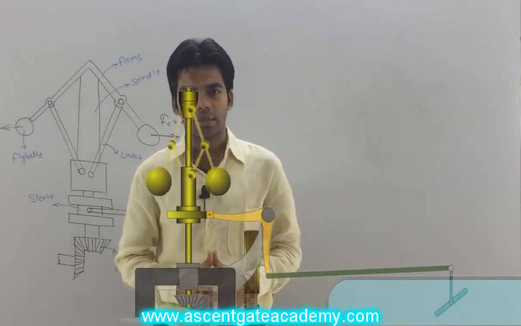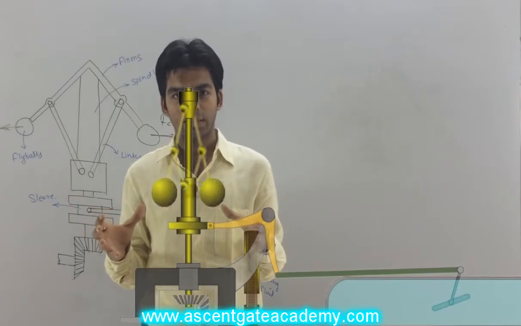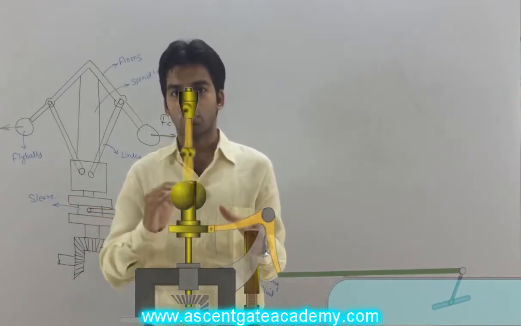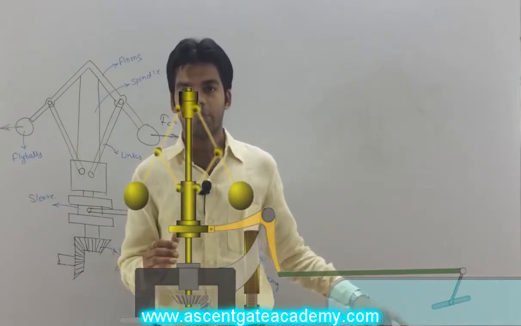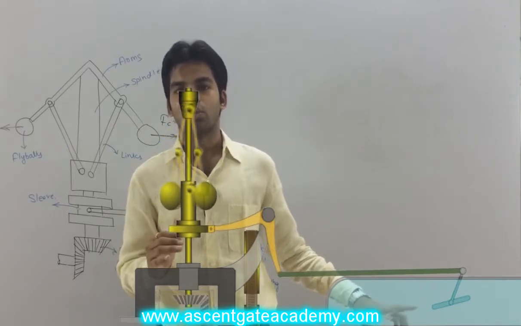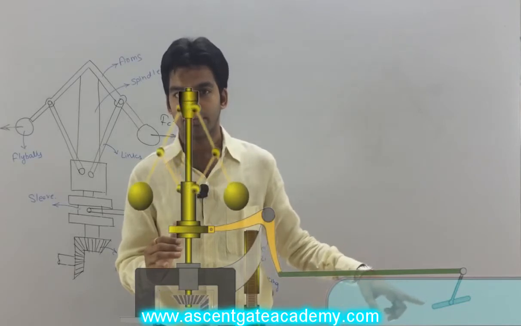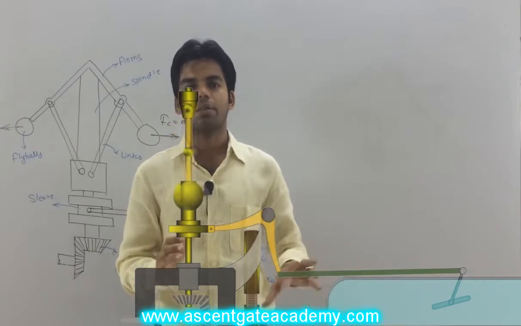Now this is our governor. As the load increases, the speed of this bevel gear will decrease, and the speed of the spindle will decrease. This will decrease the centrifugal force acting on the fly ball, and the fly ball will tend to move inwards, which will further lower the sleeve. This sleeve is connected to the throttle valve with the help of a bell crank lever. So when the sleeve is lowered, the throttle valve will open. If the throttle valve is opened, more fuel comes in, and the speed can be maintained.